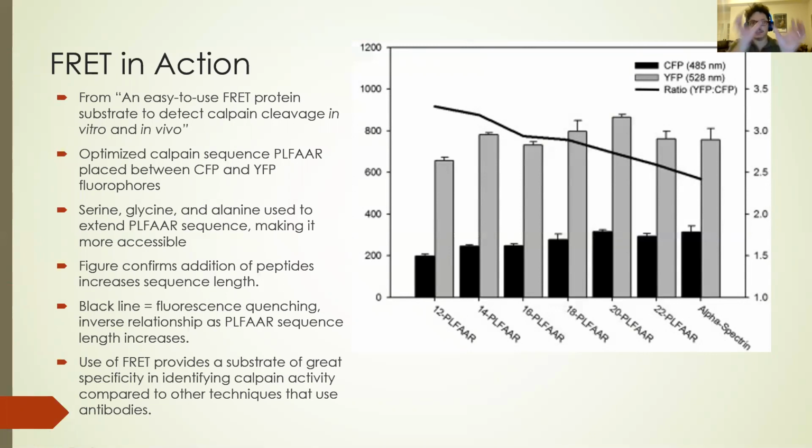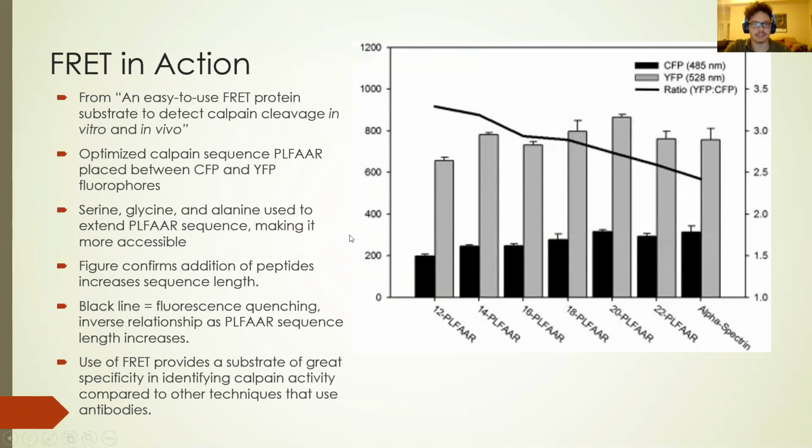That meant that these two proteins were moving farther and farther apart, which meant that the sequence was indeed getting longer without compromising its molecular integrity, which is what they were trying to do, because they were trying to find the best length for it to be cleaved. They were making sure that adding serine, glycine, and alanine would be an effective way to do that. And this led them to observe that FRET is a really good way to identify calpain activity as opposed to other